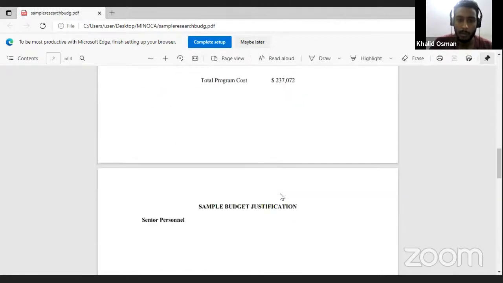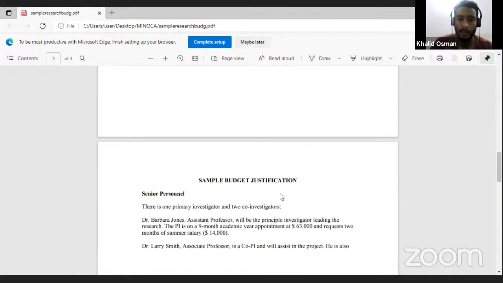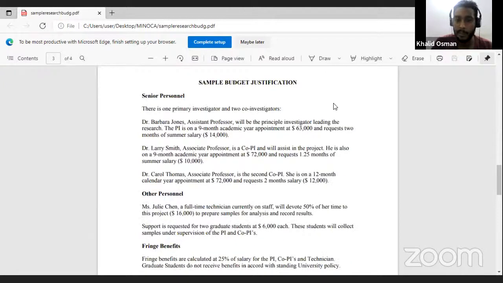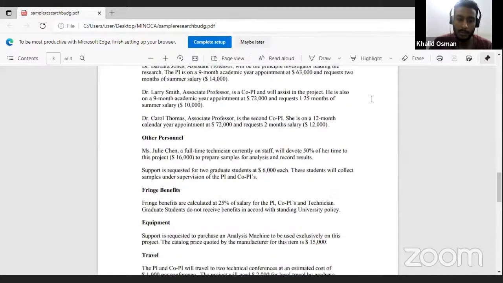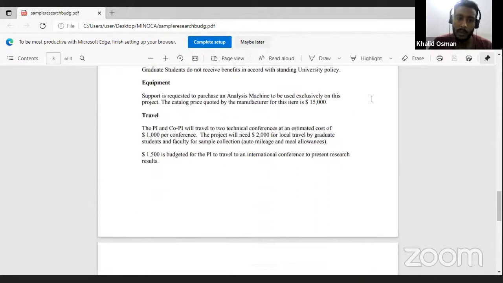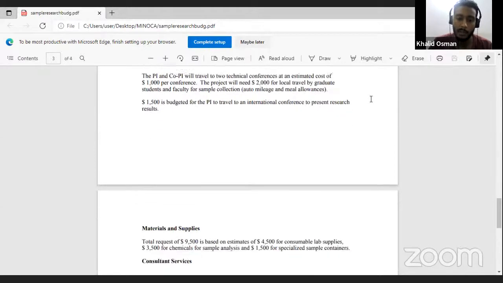an example of justification. So as we listed earlier, the senior personnel cost, here it's saying that there is 1 primary investigator and 2 co-investigators. So it's just basically justifying who are these people, what are they going to do, and why did I write that number exactly. So we must be really clear when we are justifying the budget, and we should justify every